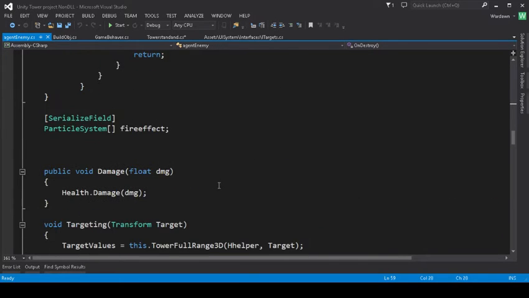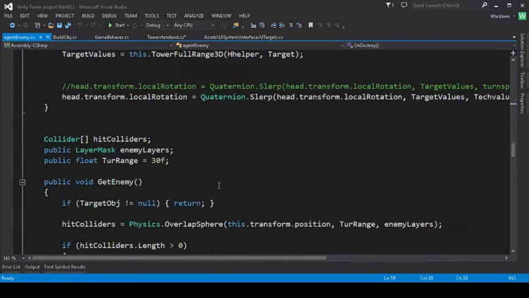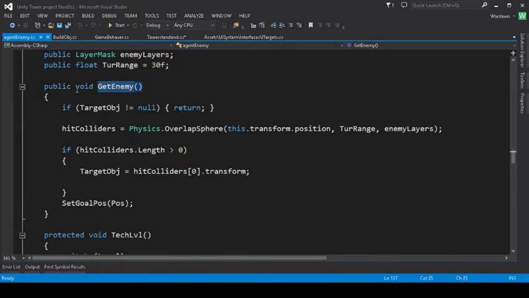And the GetEnemy, I just took the override out, because we're no longer overriding. We're basically writing the function into the class right off the bat. Now later on,